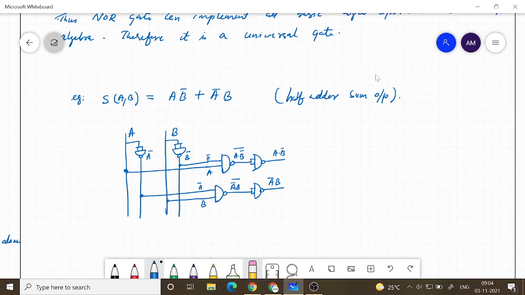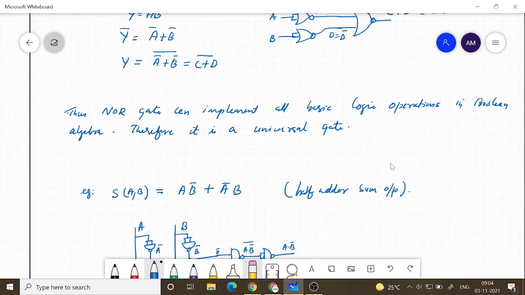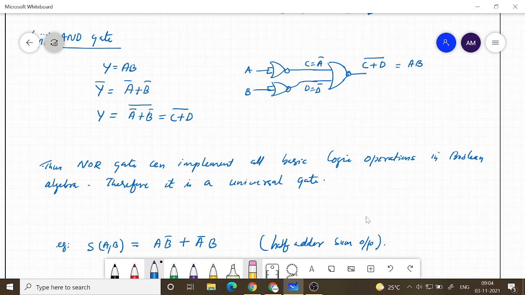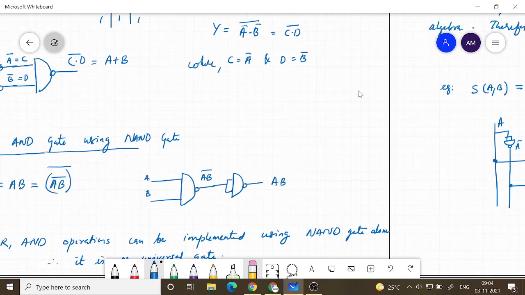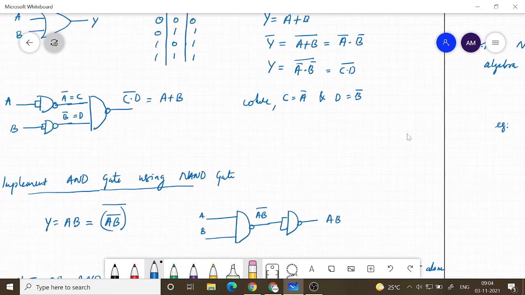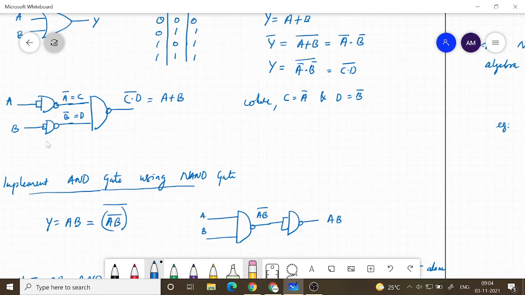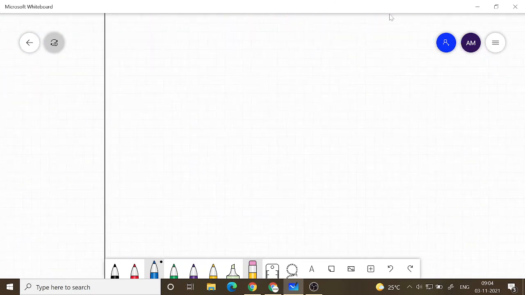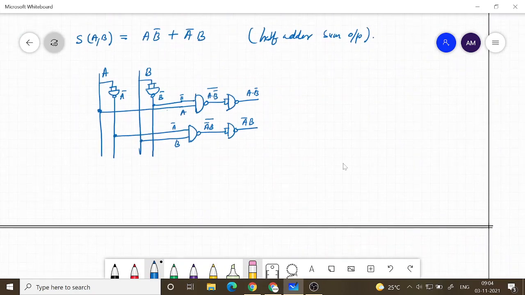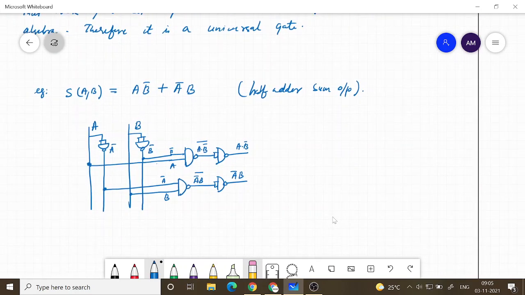Now I need to pass it through an OR gate. Now what was the implementation of an OR gate using NAND gates? If you look at here, the OR gate was similar. You complement the initial bits and then put another NAND gate. So let us do the same way, and you will see that this is not a very effective way of doing it. So you complement again.